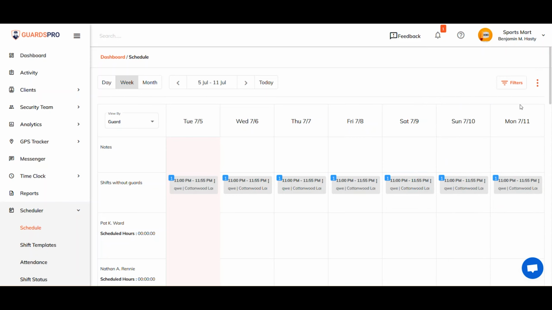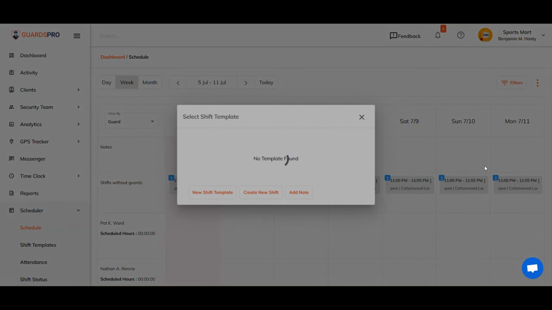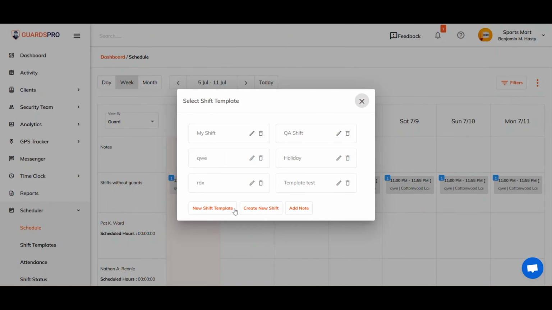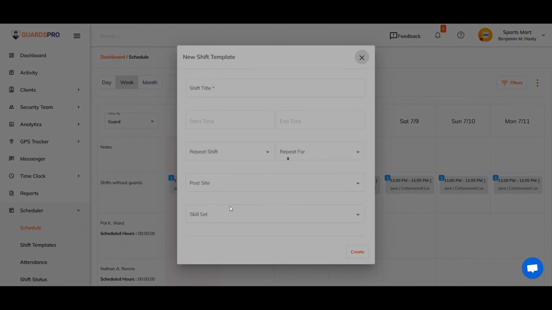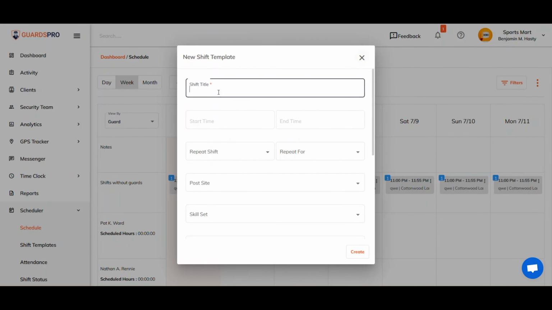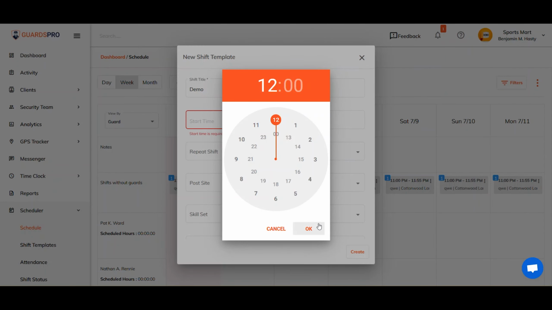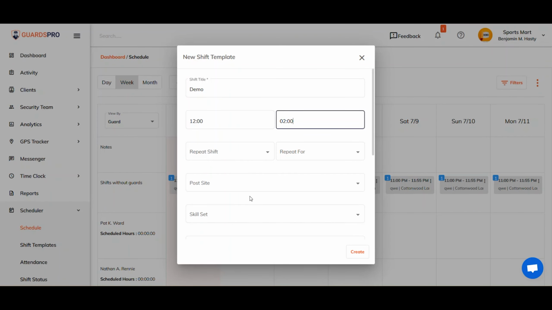Now click any day of the calendar. On the screen that pops up, click on Add New Shift Template. On the New Shift Template form, add the necessary information, the template name, and the start and end time of the shift. It is optional to define the paid and unpaid breaks, add a note, and mention for how many